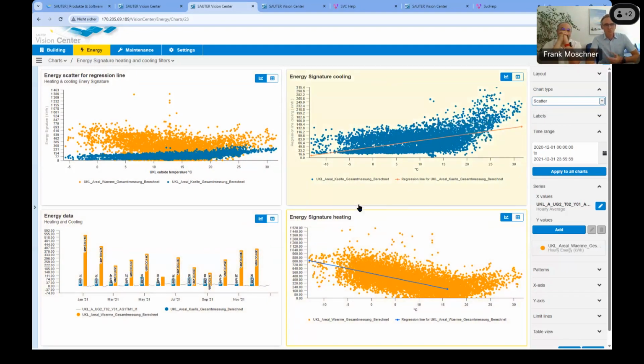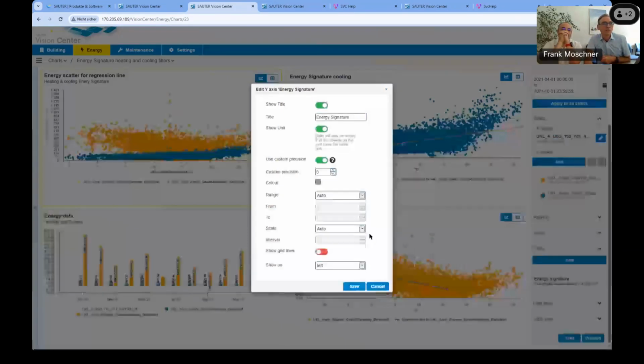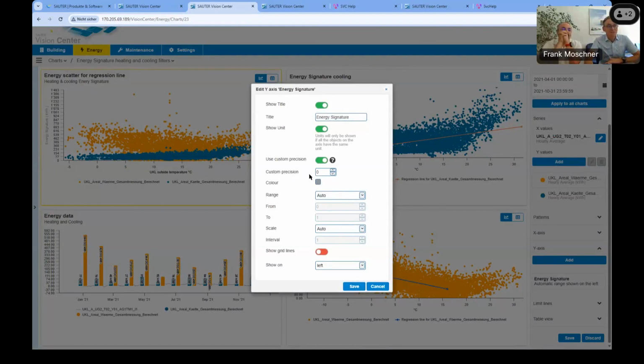And there were some improvements, and maybe you have recognized that on the chart as well, because here you see the y-axis, and you have 2 digits after the colon. That means here we already used the new function, for example, in the y-axis here, defining the custom precision and not having, like in the standard for the object, which is here the 2. And if we are saving it in that way,